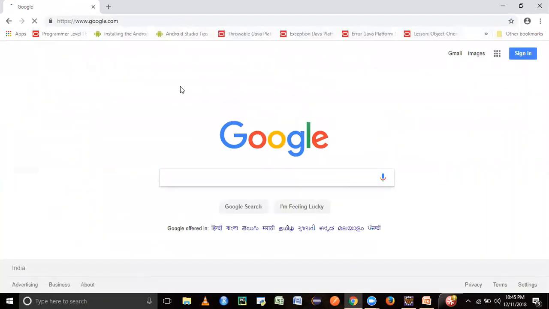So the first thing we need is, of course, a programming language. If you don't have Java in your system, you have to install Java. For that, I've already covered it in my previous tutorial in the Java introduction. You can refer to it on how to install Java and how to set up path and class path. So once Java is installed, and if you just check it in your machine,